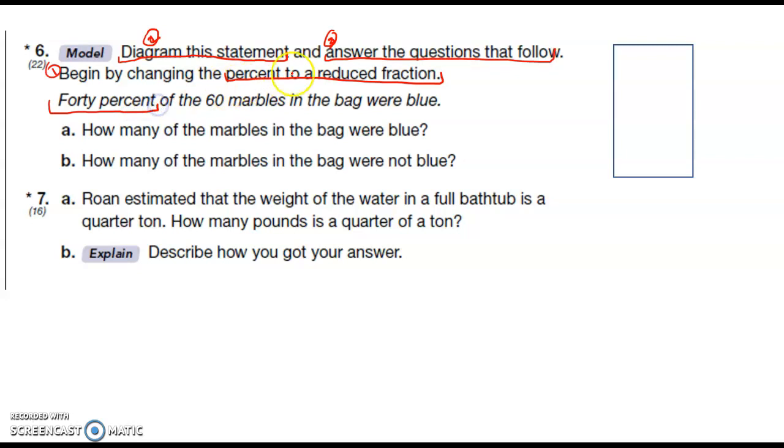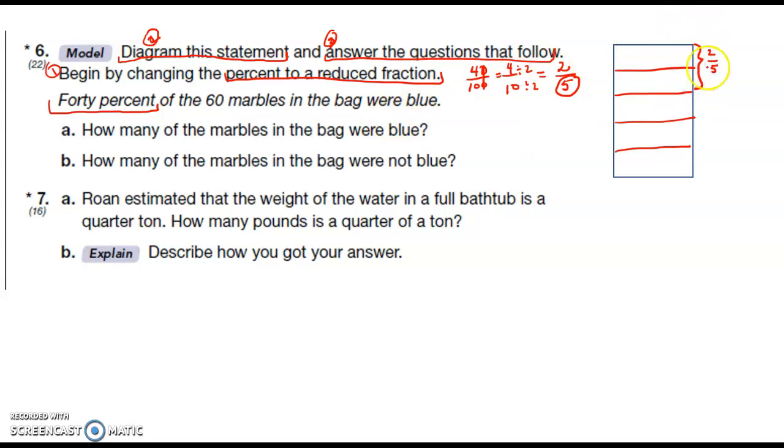40%. I'm going to stop there because I know the first thing I have to do is reduce that percent to a reduced fraction. So I have 40% or 40 per 100. And I'm going to divide the top and the bottom by 2 and see what I get. 4 divided by 2 is 2. 10 divided by 2 is 5. And this is my reduced fraction. So this denominator tells me how many spaces I need in my diagram. So now I have 5 spaces. So 40% or 2/5